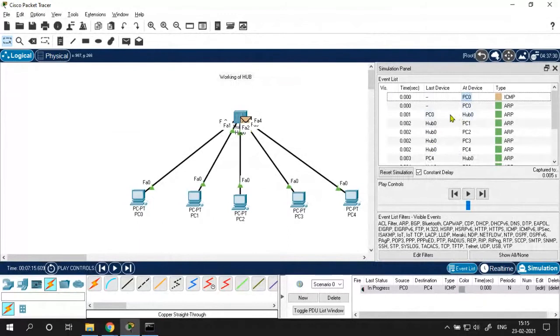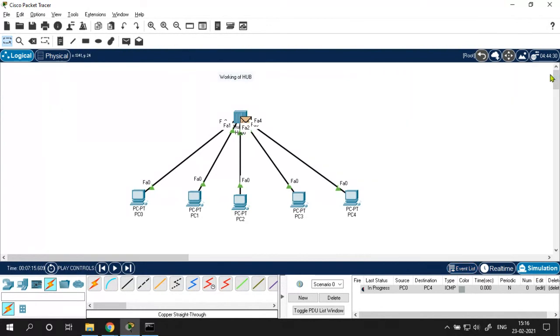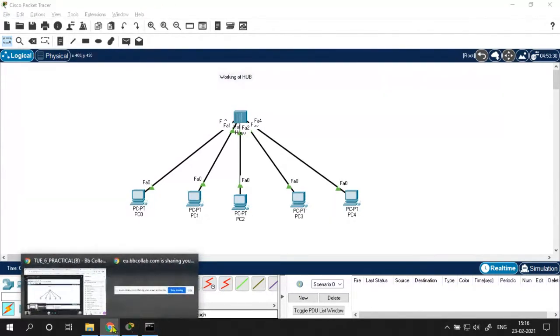Then from PC0 it reaches the hub, from the hub to PC1, 2, 3, 4, and this is the ARP protocol, Address Resolution Protocol, and see how the acknowledgement is also being sent. So this is the advantage of the simulation. You can visualize what's happening over there. Can you also see this in the real machine, in real time? I hope it is clear now.